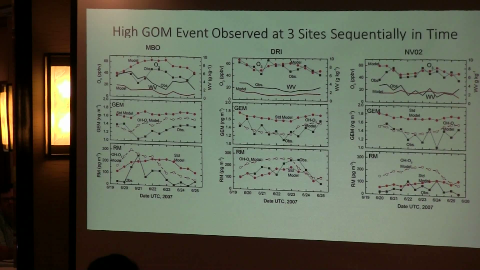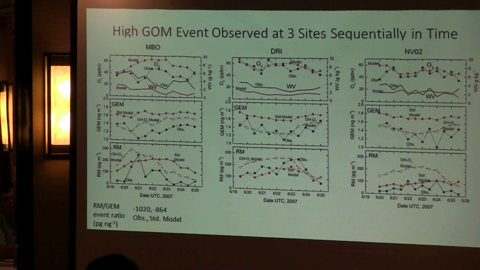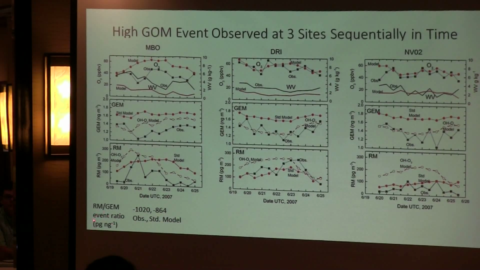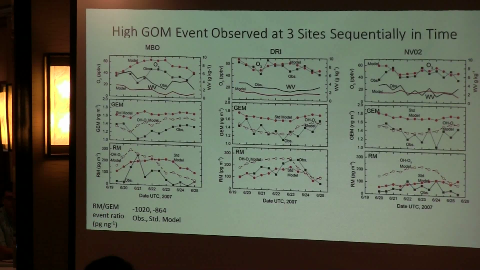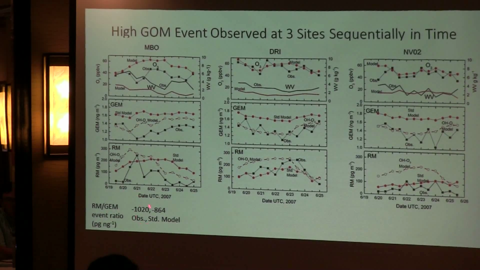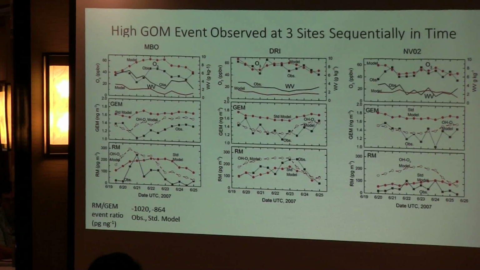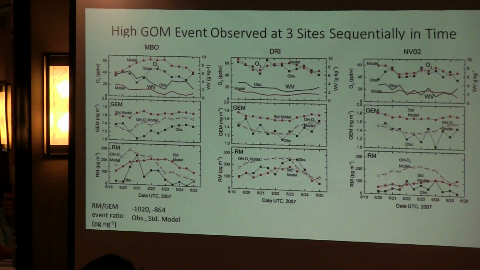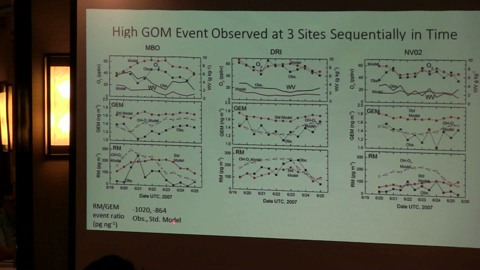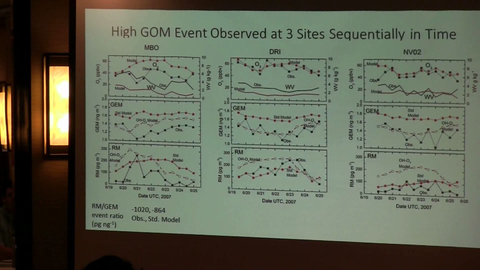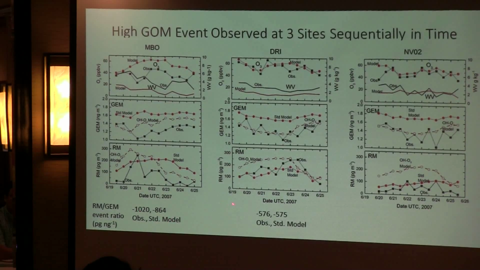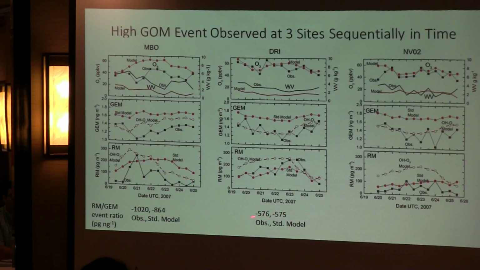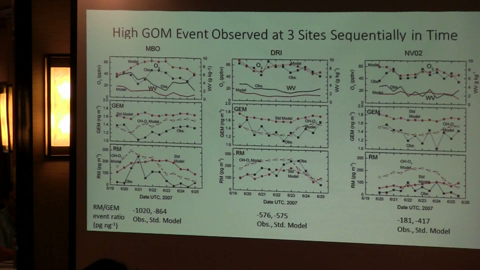And the model comparison is shown. What I wanted to focus on is the reactive mercury to GEM ratio during these events. The observed is shown here in the first number. This is in units of picograms of reactive mercury per nanograms of elemental mercury. And we see close to negative 1,000, which indicates a quantitative conversion of elemental mercury to reactive mercury that was seen in the observations, and a pretty good agreement with what was seen in the standard model. At DRI, we saw a perfect agreement, really, between the two slopes, and at NVO2,